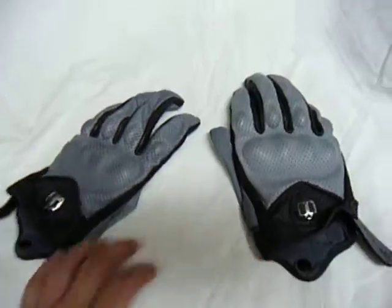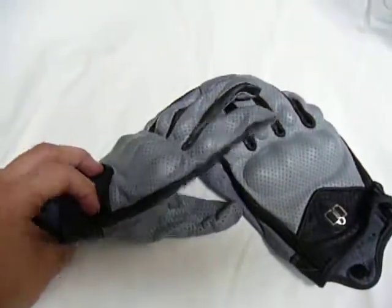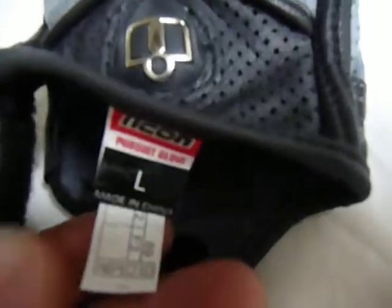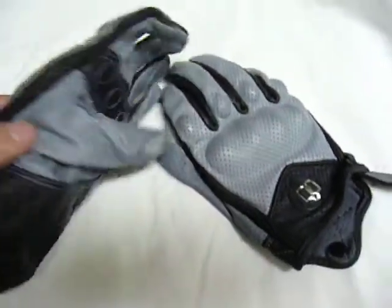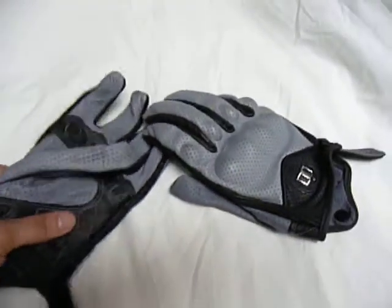Hopefully I'm doing somebody a favor. These are some gloves by Icon. They're the Icon Pursuits. They are size large. I'm not a big YouTuber, but I was trying to find some sizing information on these gloves, and it was next to impossible. Everyone had a different opinion, so I just thought I'd make this really quick and hopefully